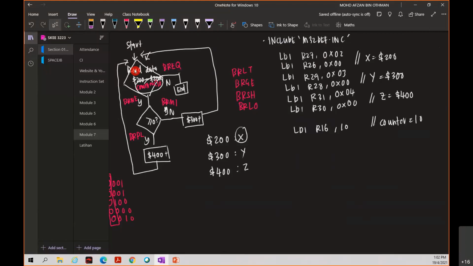Okay, and then I'm going to read the data. Load the data and put it to a register. So LDI, sorry, not LDI, LD. We're going to use the LD, because we use the pointer register. So LD by using the indirect addressing mode,